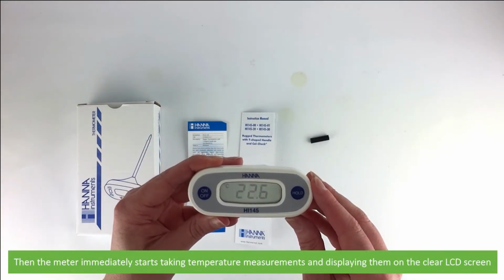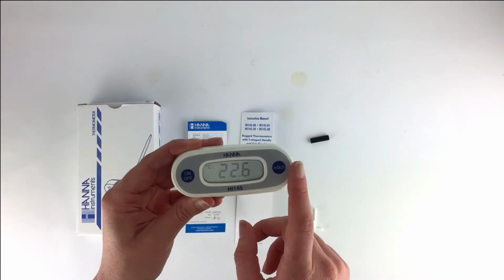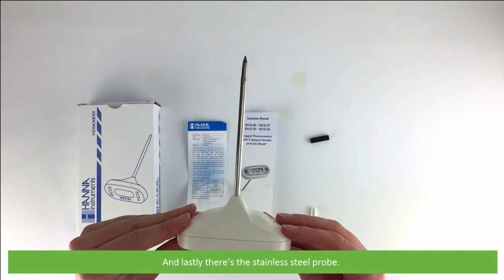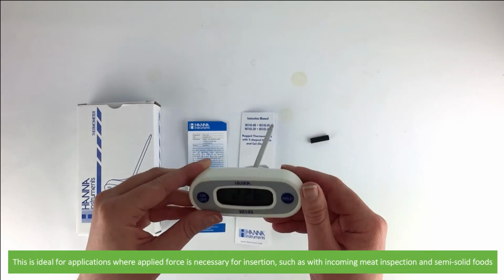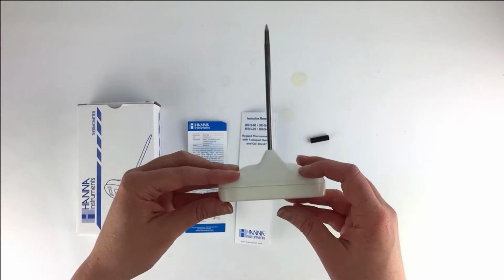Then the meter immediately starts taking temperature measurements and displaying them on the bright, clear LCD screen. The other button is a hold button. This pauses measurements on the screen. And lastly, there's a stainless steel probe. This is ideal for applications where applied force is necessary for insertion, such as incoming meat inspection and inspection of semi-solid foods. And that's what comes with the